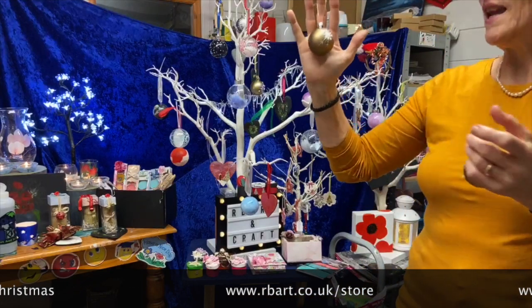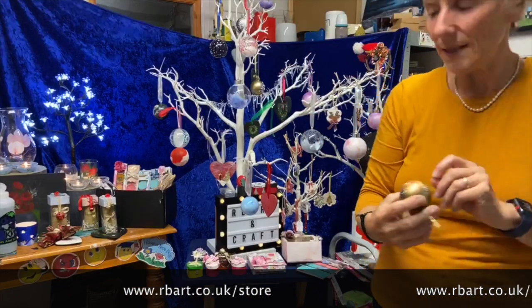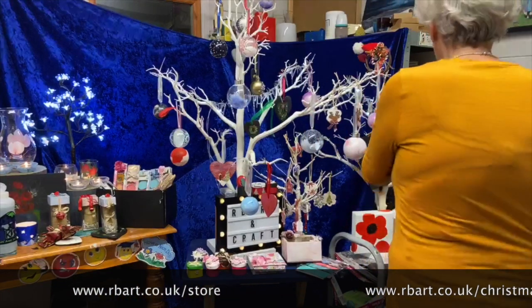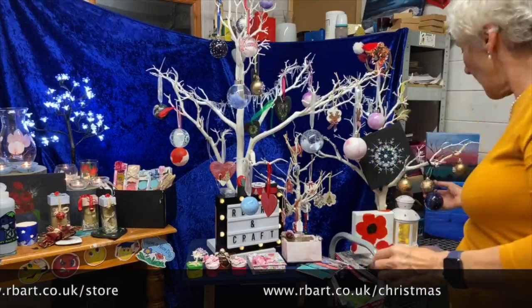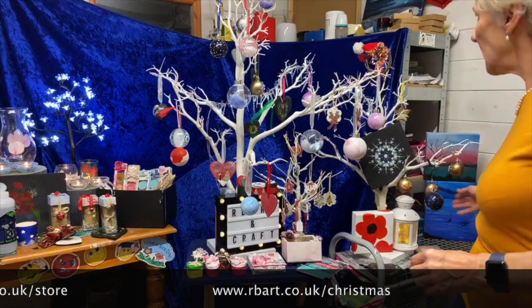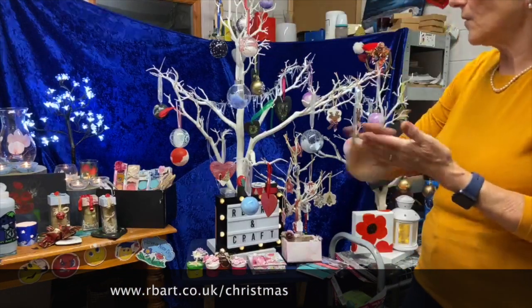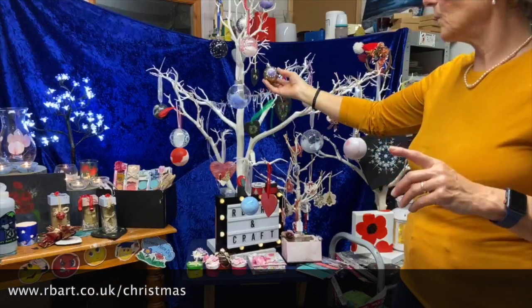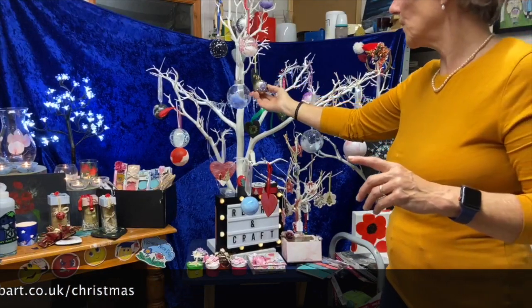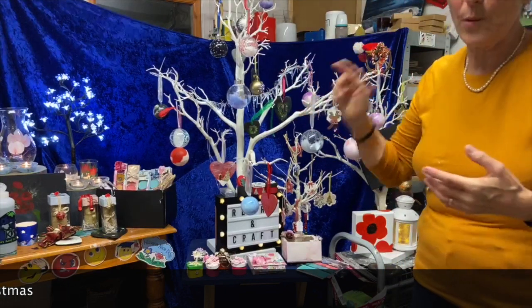So this one is done, obviously snow, but it's got pearls on it. This one is done in the oranges and the golds. There's one down here in bronze and whites and golds. And this one up here in the silver and the snowflake. And this one with pearls as well, which was like a purple and pearls. And I have also done a couple of clear baubles